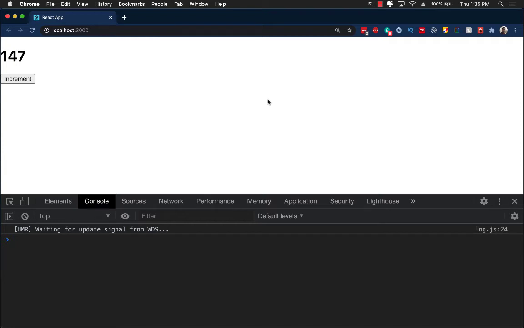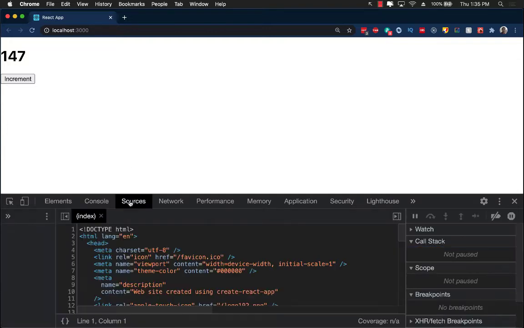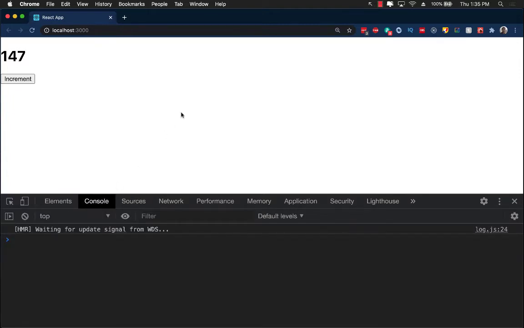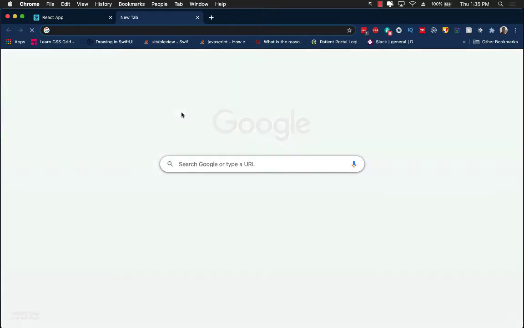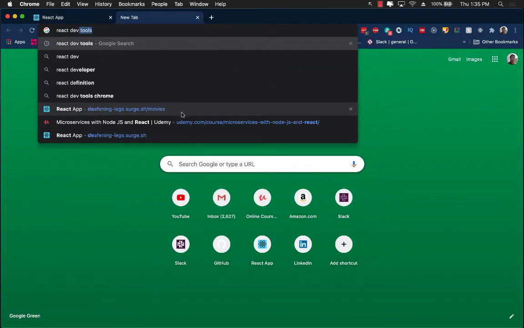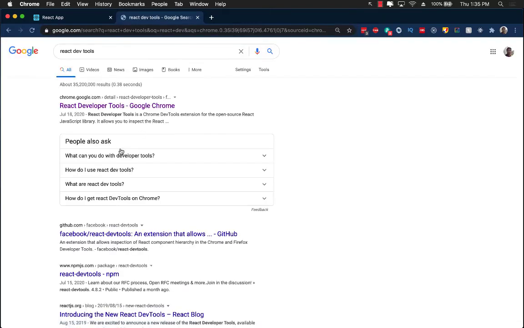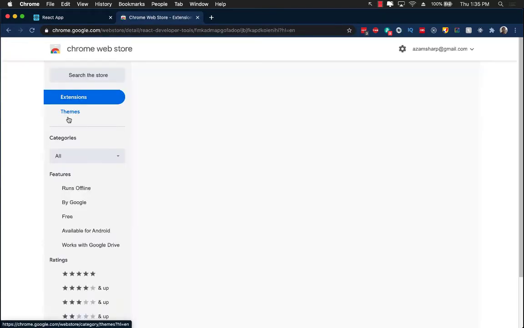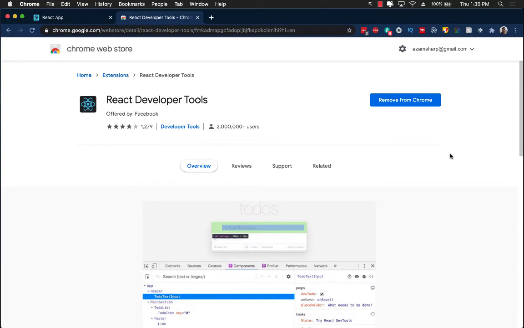Before we go any further, let's go ahead and check out the DevTools for React. Now, just like the DevTools we have been using for our JavaScript development, you can also download and install DevTools for React. So let's go ahead and first search it, React, and we will call it DevTools. Great. And it will take you to the Google Chrome page, Google Chrome Developer Tools, and you can see React